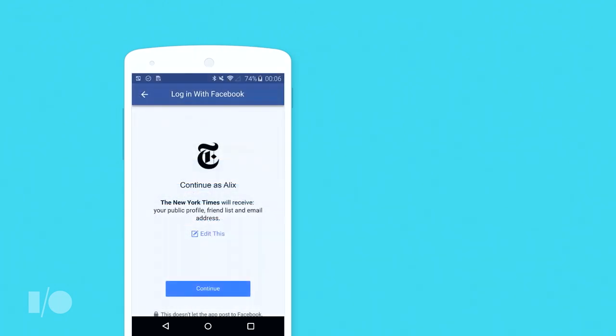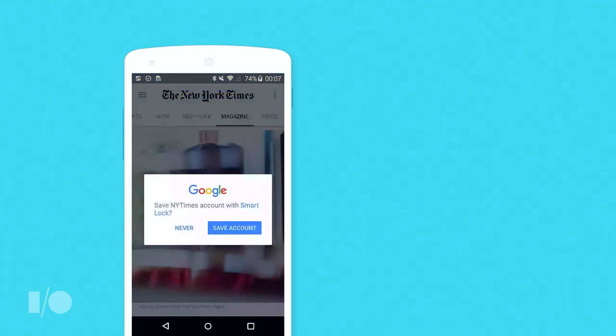So to take a look at what it looks like now without a password, if you're clicking, for example, the Facebook button here, agreeing to the consent, and then getting a token from Facebook, New York Times will offer, and you can try this in the live app right now, to save the account. And what it's doing here is instead of saving a username and a password, you're saving a username and a string that says with Facebook. So you know what to look for next time.